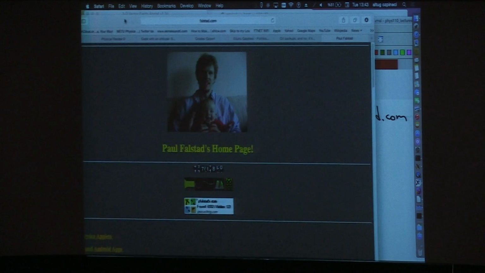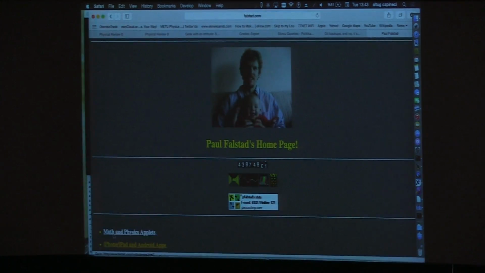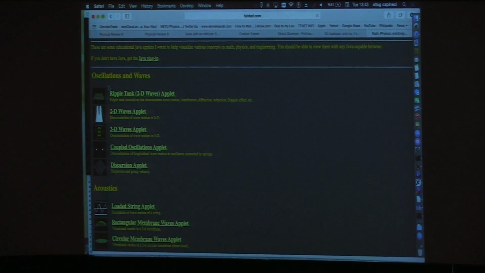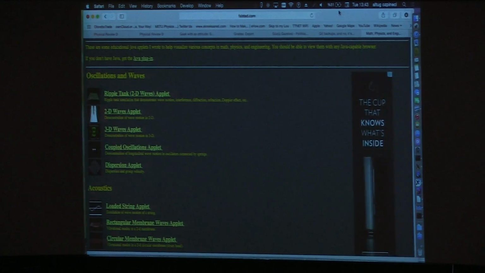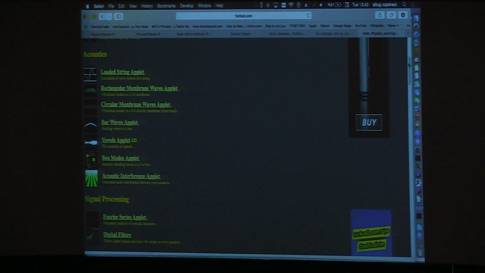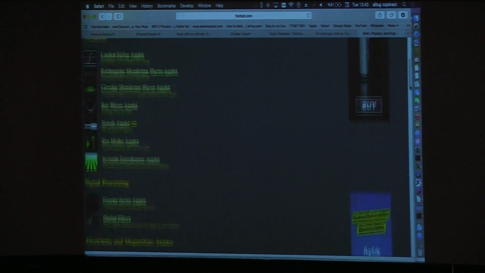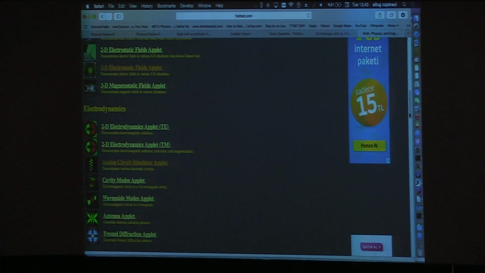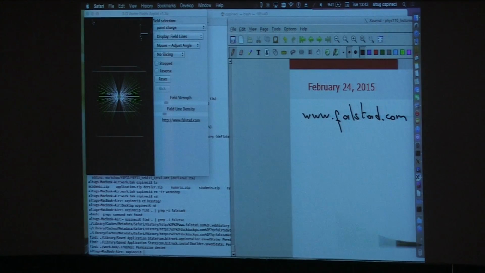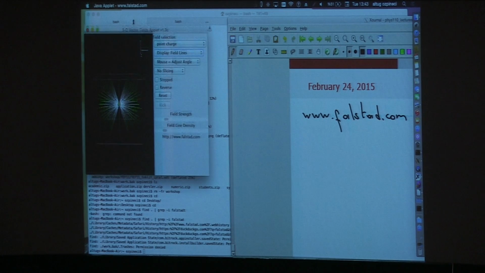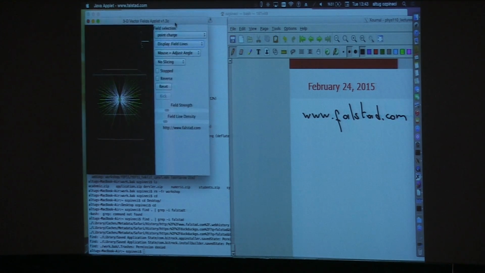Okay, where you can just go for math and physics applets. And well, there are simulations about many physics phenomena, from mechanics to electromagnetism, quantum physics, etc. You can just go over the page. Now, one of the simulations is this one, the 3D